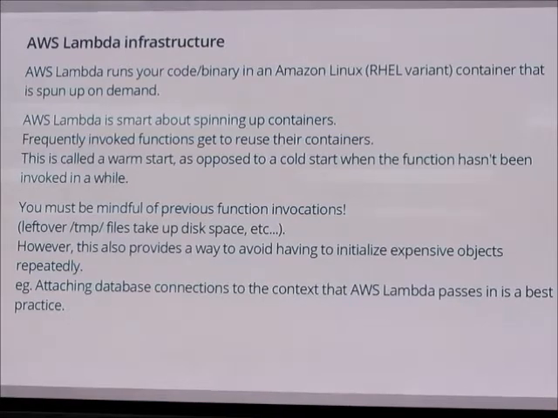But this leads back into what I was saying about database connections. AWS Lambda gives you a way to pass certain information between different invocations of your Lambda function. Therefore, you would be able to access things like database connections or whatever if you smartly pass it into the context of each function, which is just a regular Go context that you would already be familiar with using.